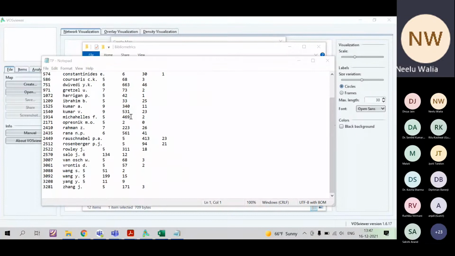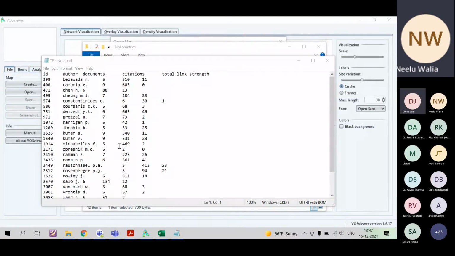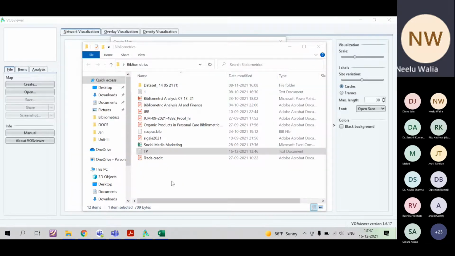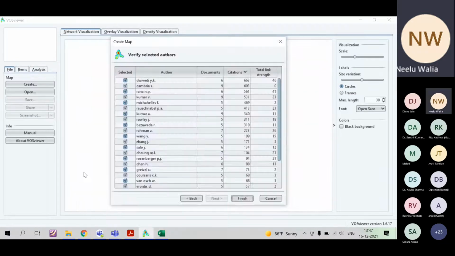And we can select all the data and copy it to Excel. Okay, you can directly paste the data into Excel. If it is working fine, but still you have to work manually.